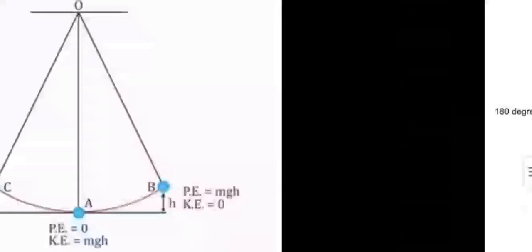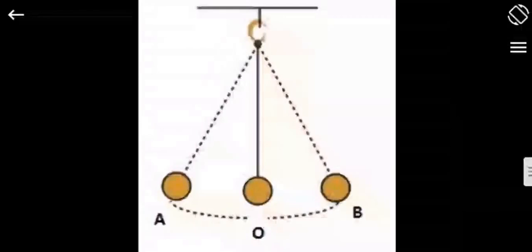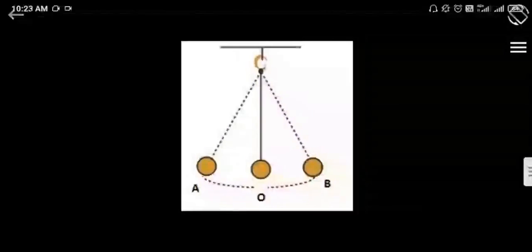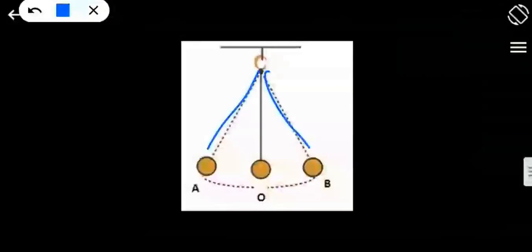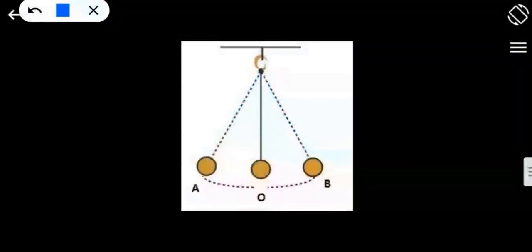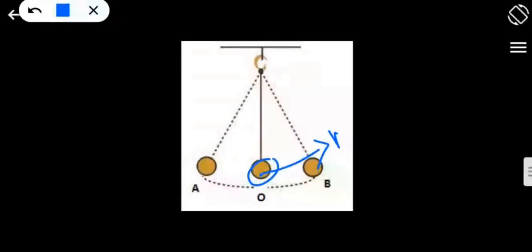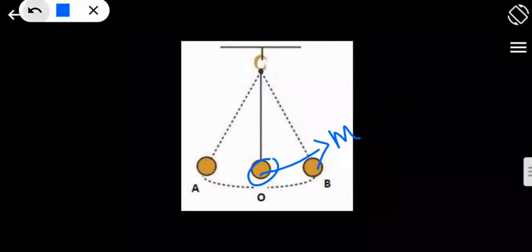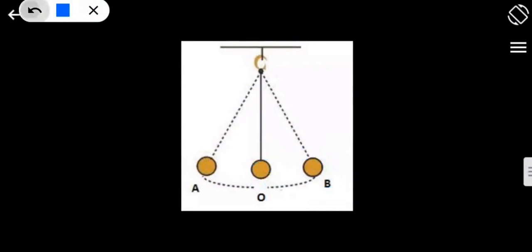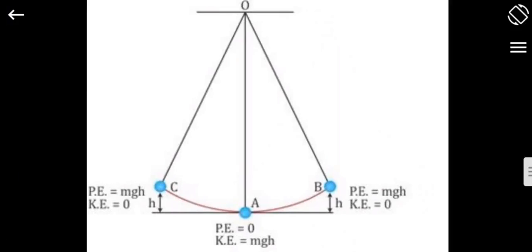As you can see here in the simple pendulum, as it is oscillating like this. So when we are taking it here, first anyhow we have to take it to this position by applying some force. Okay, when we give some height, it will achieve mgh energy at this particular position, that we know it very well. So previously you can see this diagram and you can capture the image clearly.